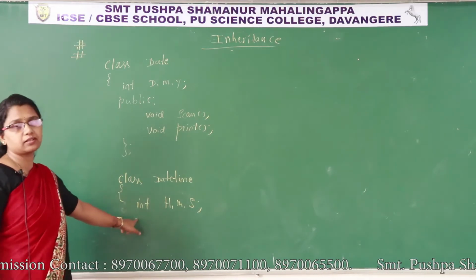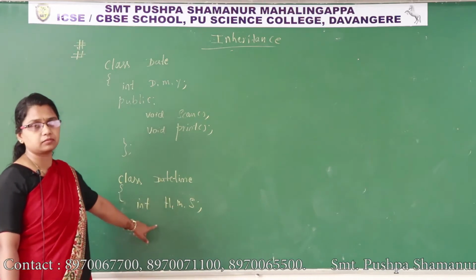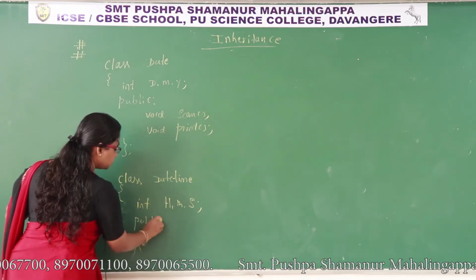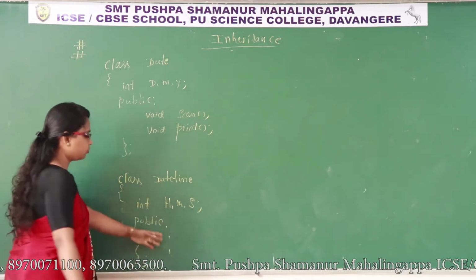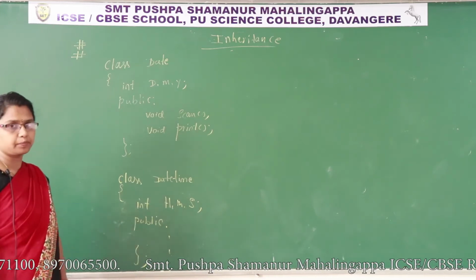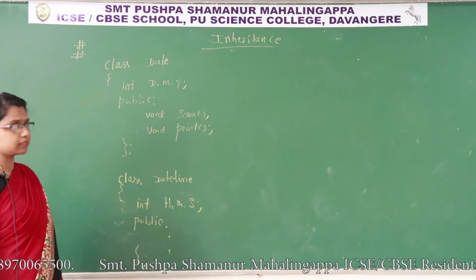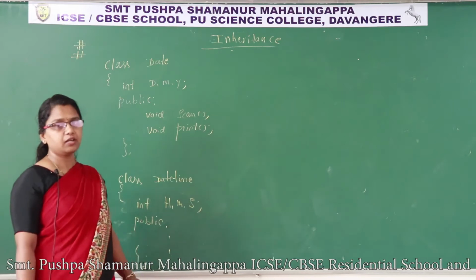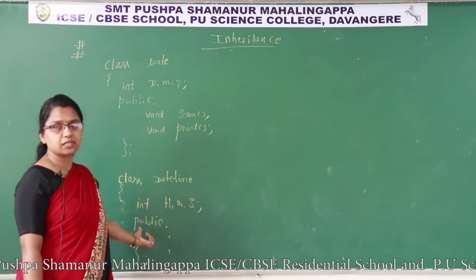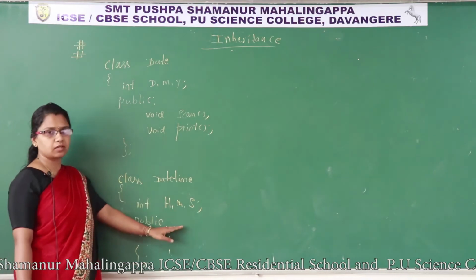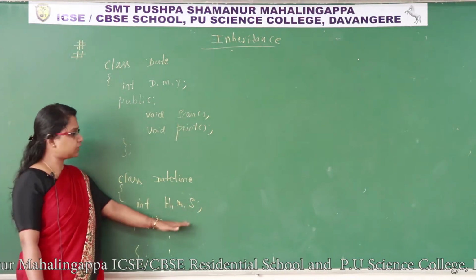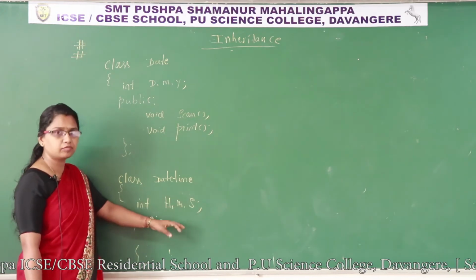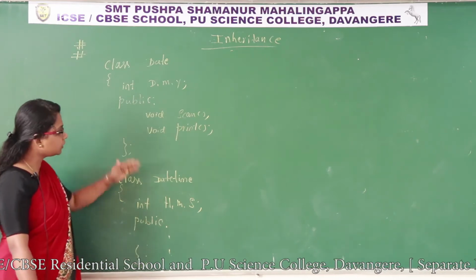From this class I want to access both date and time. Are you understanding? In the public section, I'll take two functions to access time, but I want to access both date and time. Instead of writing another class date time, I can inherit the properties of date into this class. As usual, this class displays the features of time. If it inherits the properties of date also, we can display date and time from the object of this class. How to inherit?